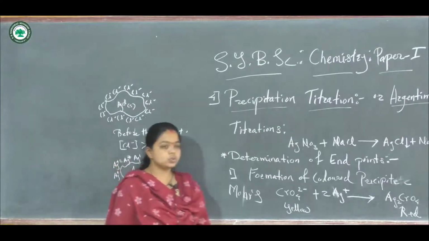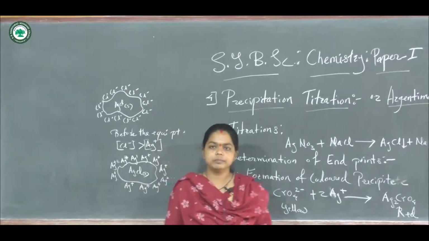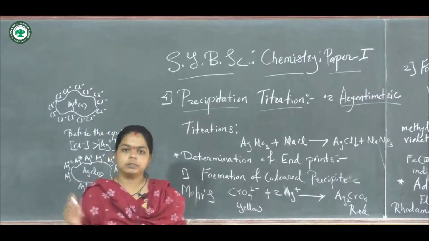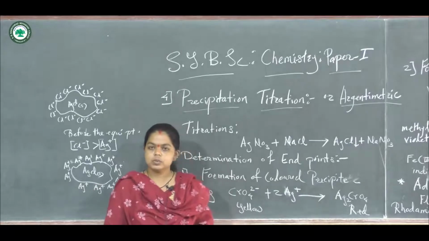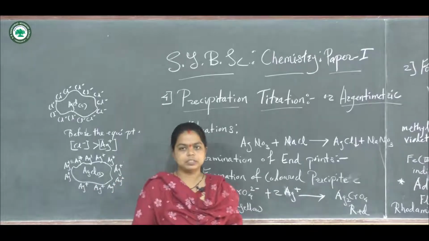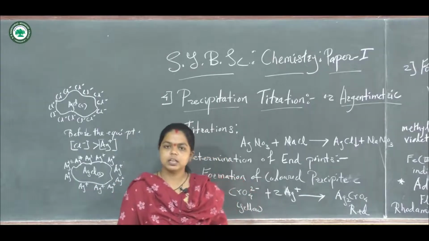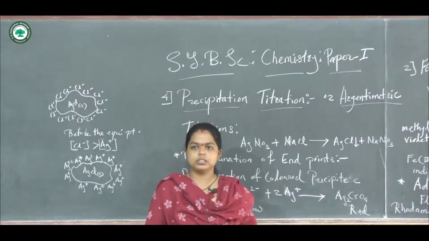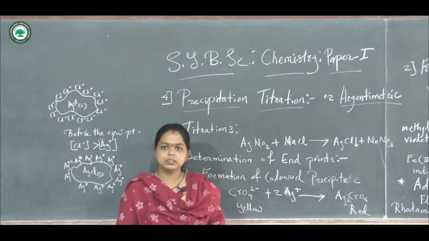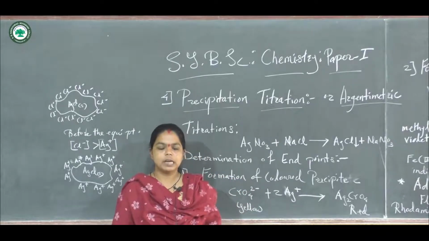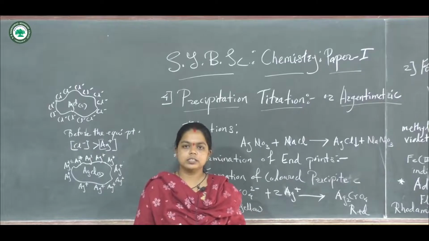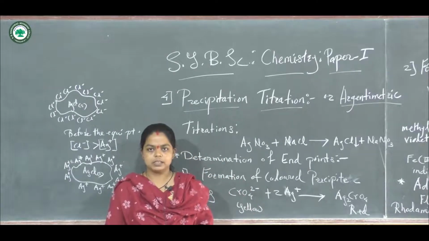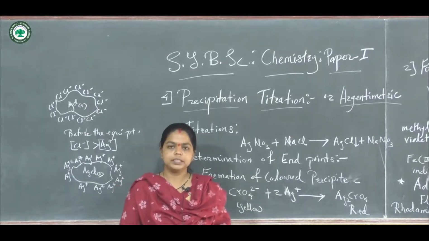So these two methods are very important in the detection of the end point for the precipitation titration. These are the 4 types of precipitation titrations we have seen under volumetric analysis. This is the end of this chapter, which is included in analytical chemistry. The next chapter included here is errors in data analysis. So we have completed this chapter.